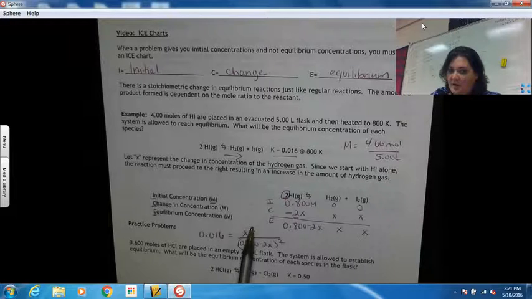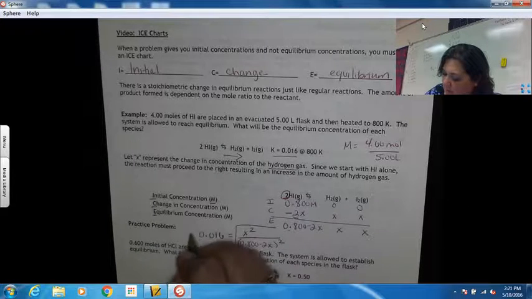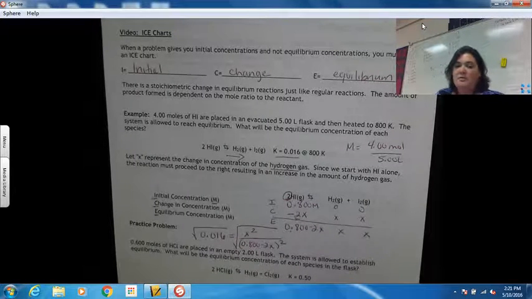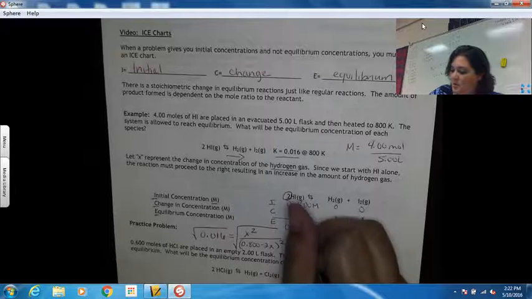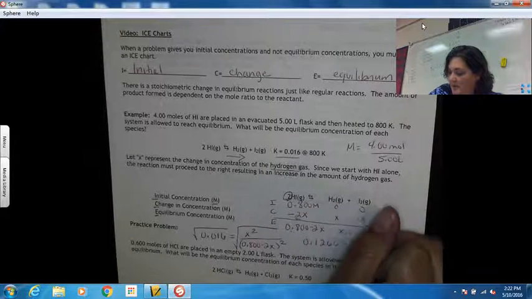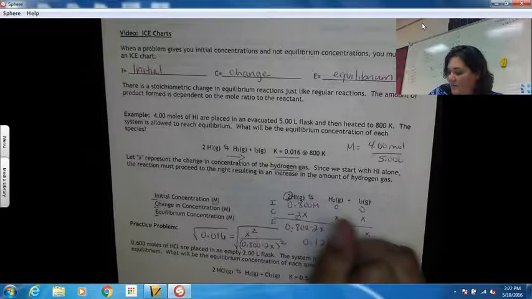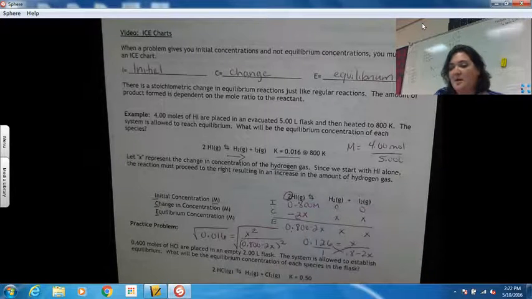Well, here we have x squared and a square here. So the easiest way to do that is to square root both sides. So we square root both sides and we get 0.126 equals x over 0.8 minus 2x. And then, of course, we cross multiply, combine like terms, and solve for x. So when we do that, we get,